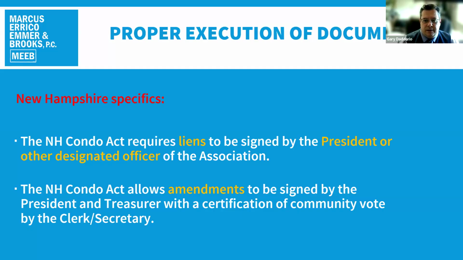In Massachusetts, condominiums have an automatic statutory lien as of the date the assessment was due. So you set a due date, a unit owner doesn't pay it, and under Massachusetts law, the next day you automatically have a lien. You didn't even have to do anything. In New Hampshire, a lien document needs to be created. It's usually just a page, but it needs to be created and recorded at the Registry of Deeds. As I said, the act requires it to be signed by the president or other designated officer.